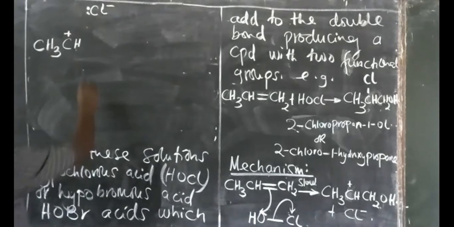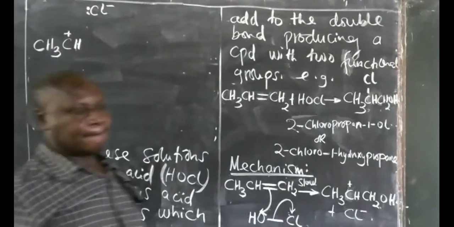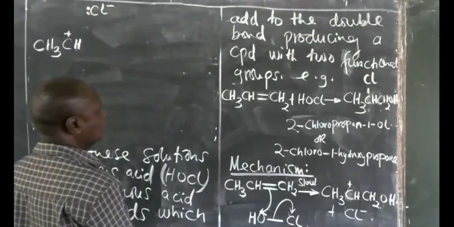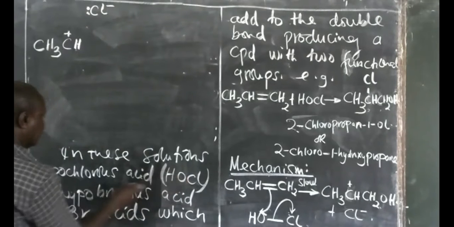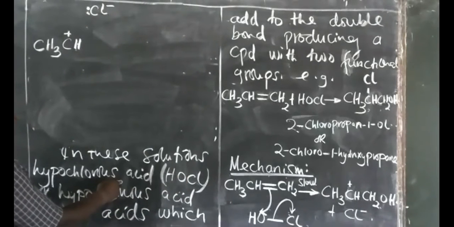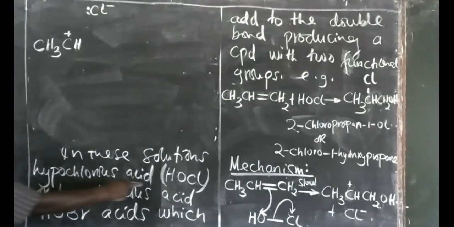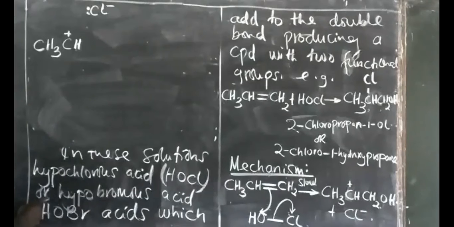Excuse me, teacher. Yes? Teacher, which acid is that? Hypo what? Which one? Here in this solution, hypo. I don't get this word. This one. Hypo what? Hypochlorous. Hypochlorous acid, HOCl. Teacher, I get that one. Hypobromous acid, which is